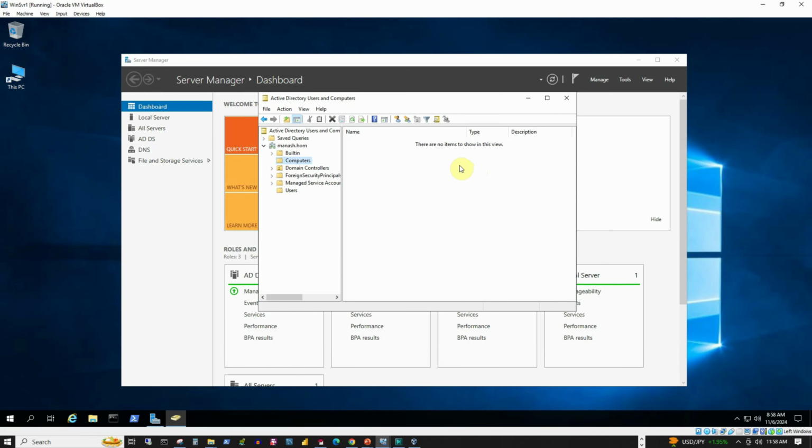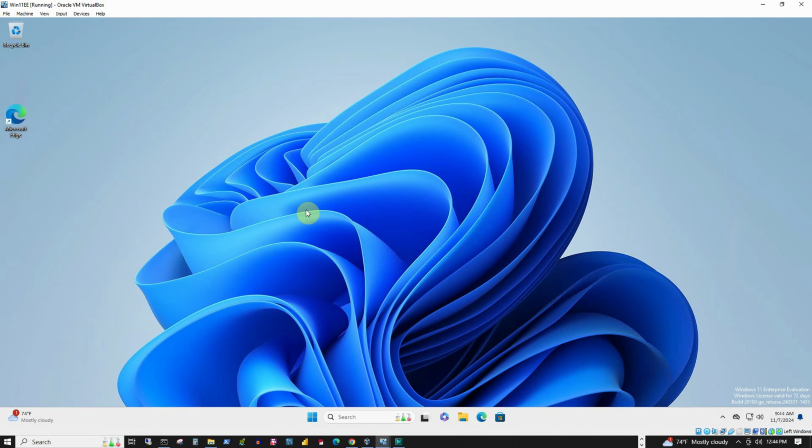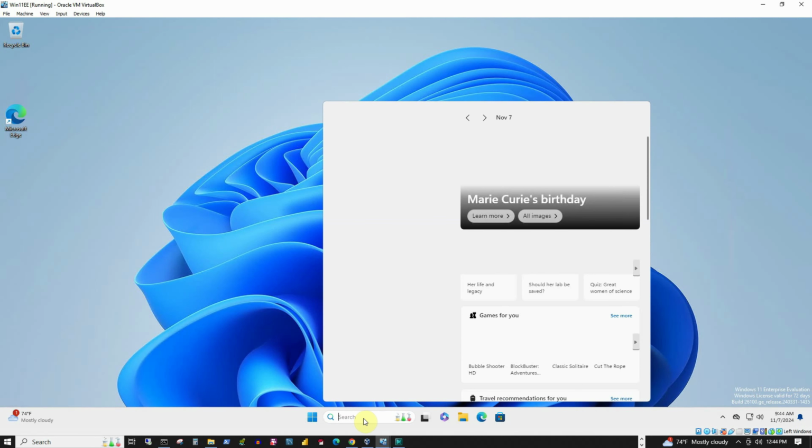Now let's go back to our Windows 11 VM to let it join this domain. I have changed the background wallpaper of the Windows 11 VM to something simple. Now before we let it join the domain, let's first find out whether it can reach out to the domain controller or not using a ping command. So let's bring up the command window,